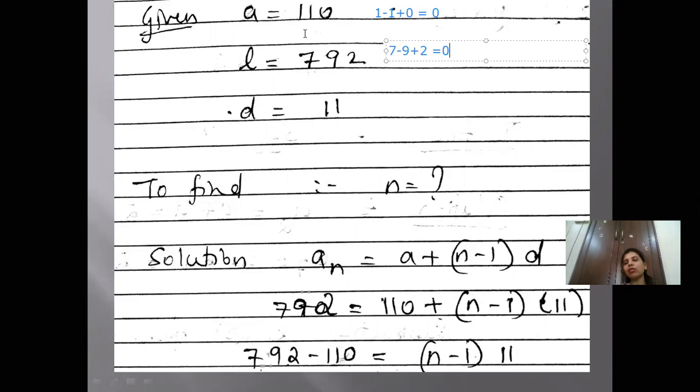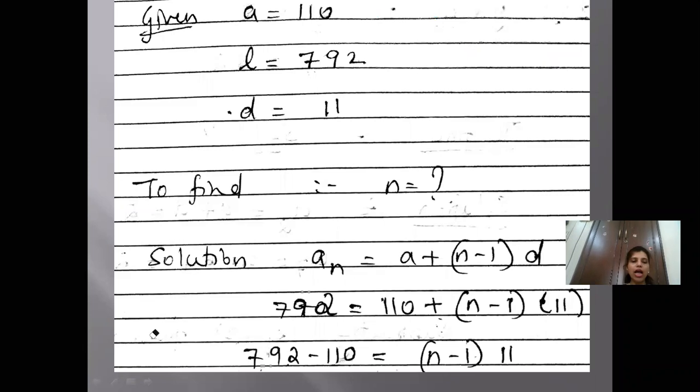And here I think 110 you can figure out, because 11 nines is 99 and 11 tens is 110. So you know that the 3-digit number after 100 which is divisible by 11 is 110, and you can also check it with the divisibility test. Okay, so that is how you'll be able to do that. After that we go to the next part, that d is 11.